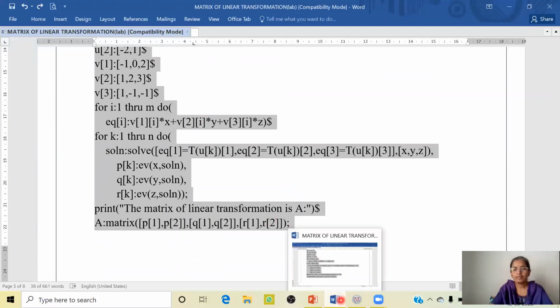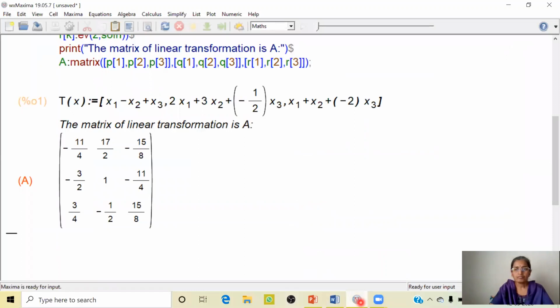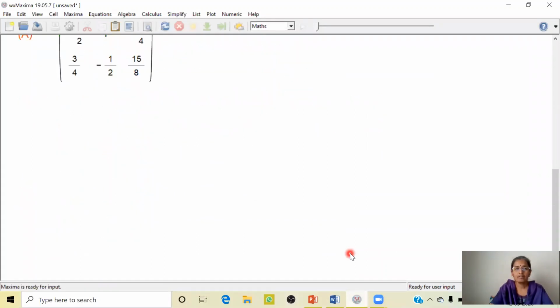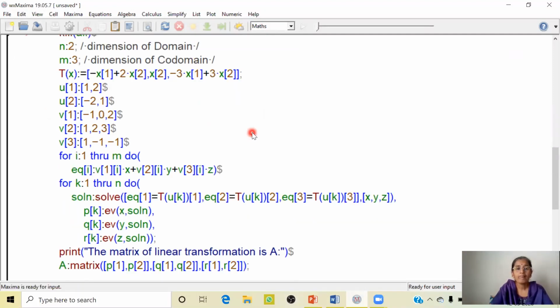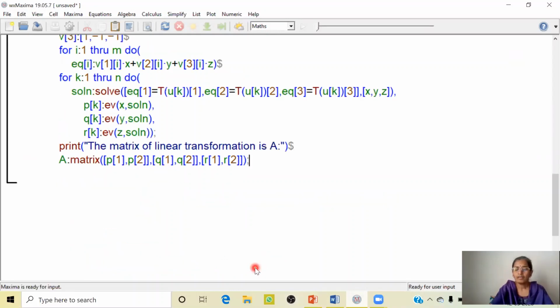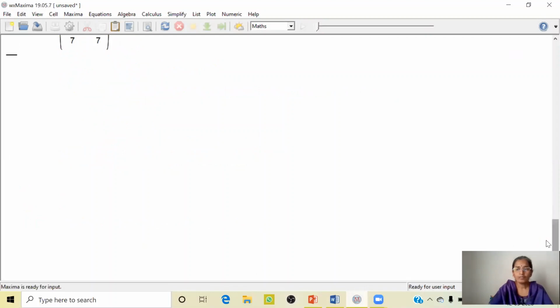Just copy this command, go to the Maxima window, paste it. So this will be the code in Maxima. Here, when we look into the expressions, wherever we had written star, in this new version, we have dot as the multiplication command. So let us execute and see what will be the output using shift enter key. So we get the output.